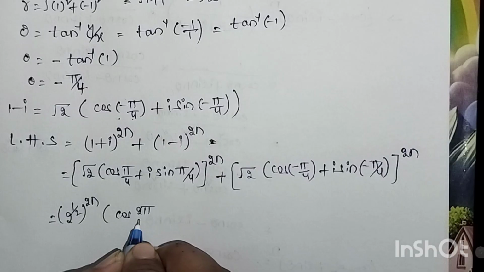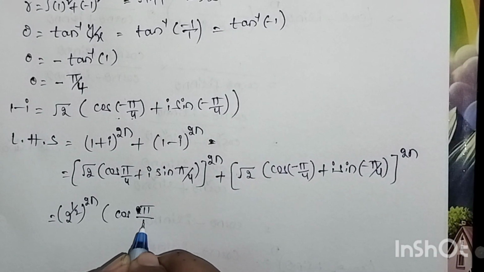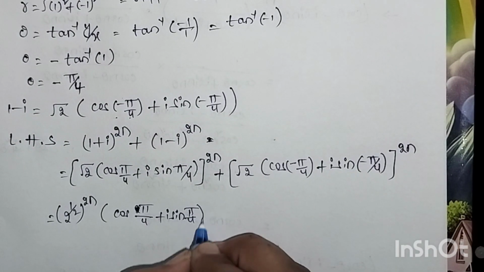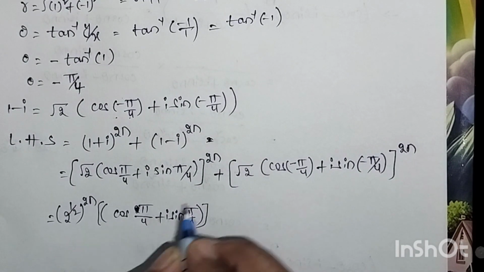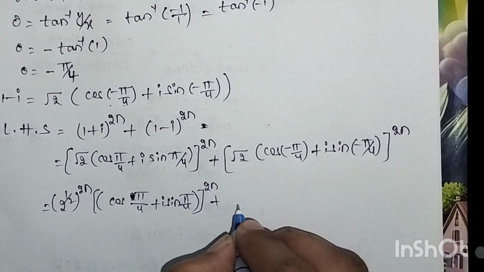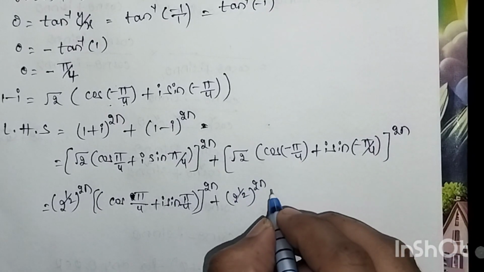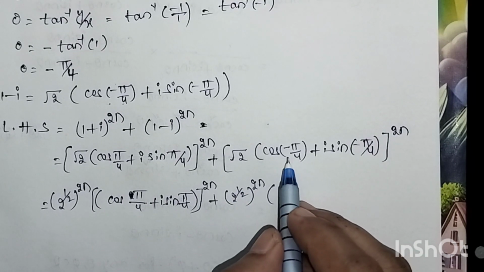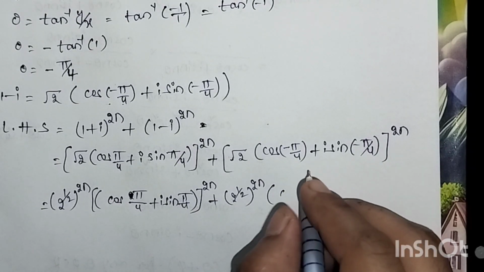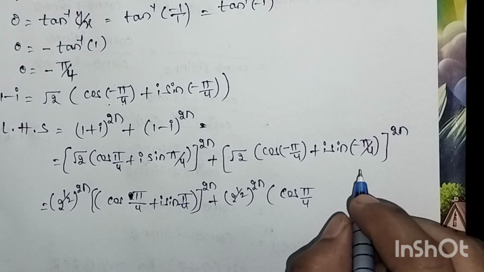Cos pi by 4 plus I sin pi by 4 whole to the power 2n, plus, similarly, 2 power 1 by 2 with power 2n. Cos minus theta is again cos theta, so cos pi by 4, and sin minus theta